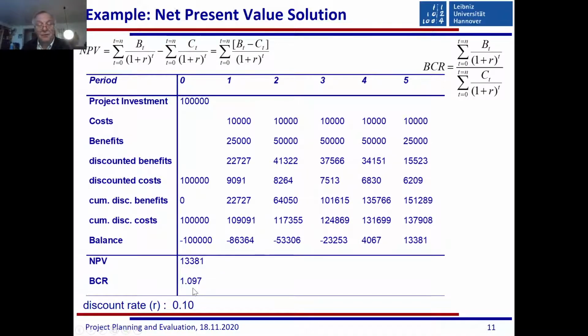Okay, so I come back to the benefit cost ratio. That would simply be if I divide the 151,289 by the 139,908, then I will get 1.098. What do you think about this benefit cost ratio? Okay, Andrea said divide the cumulative discounted benefits with the cumulative discounted costs. Yes, correct. Of course, that's simple, but